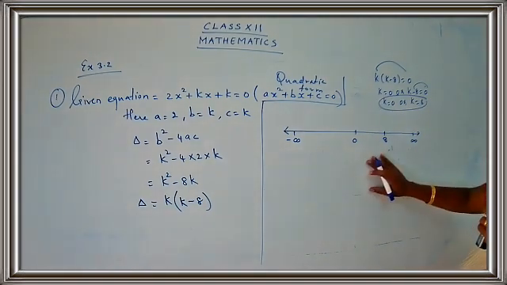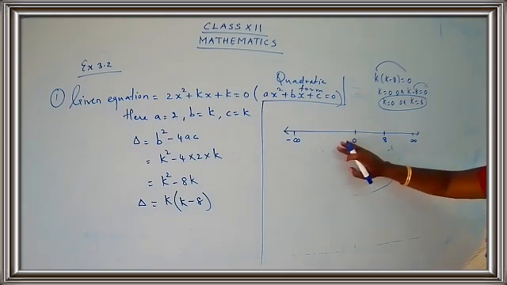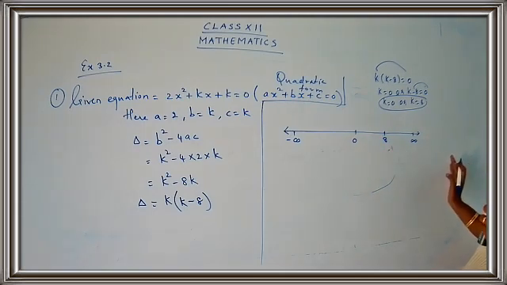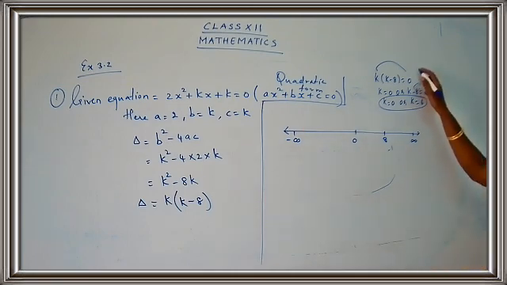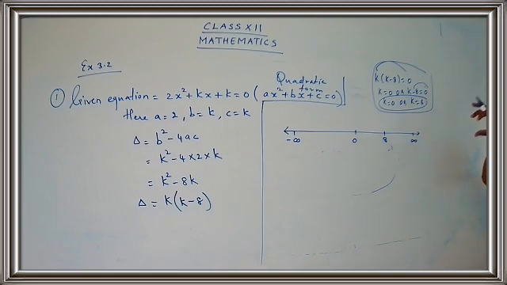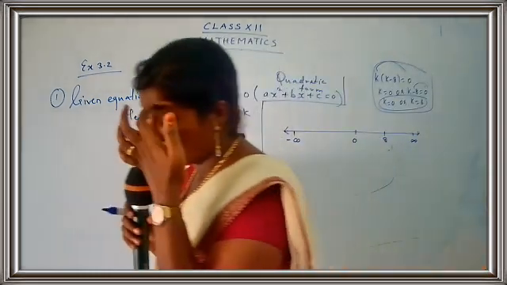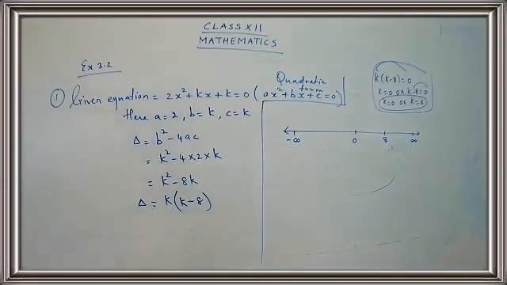So I have just drawn a number line which contains the numbers 0 and 8. And I'm going to take infinity on the right side and minus infinity on the left side. These three steps can be done in the rough part for your understanding purpose. So just do the work. Okay. Have you completed, children? Draw the number line using a scale and a pencil. No hand drawn work.